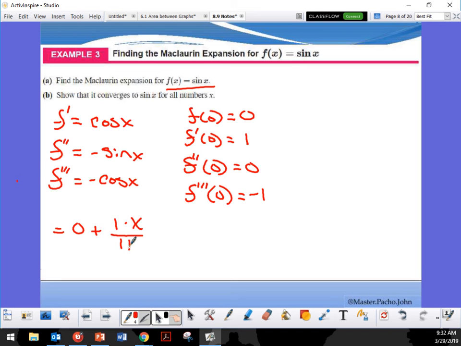So next one, plus f double prime, 0 times x squared over, good. Next one, minus 1 times x cubed over